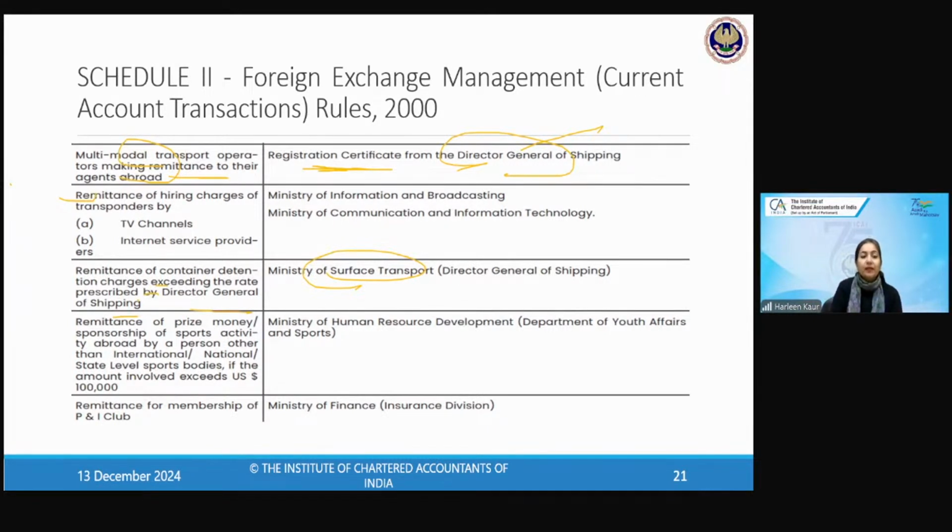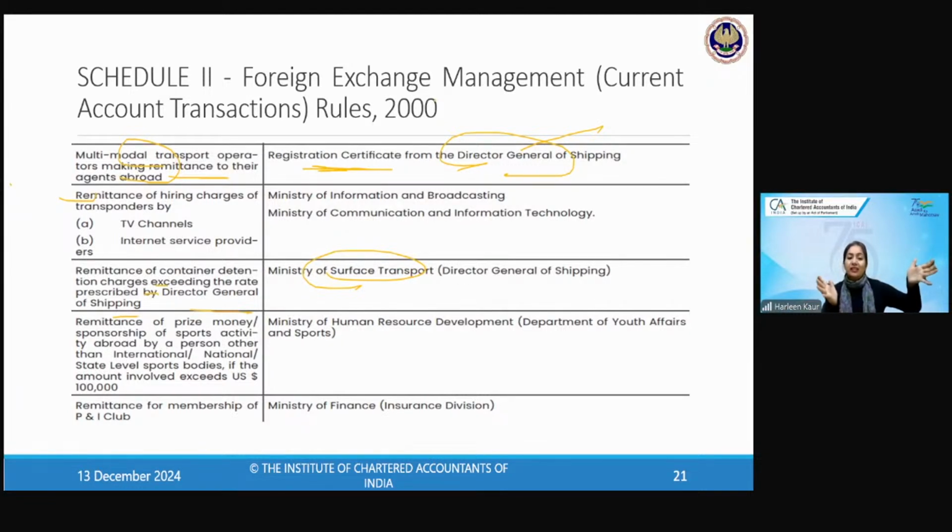Okay. Now, container detention charges. What is the meaning of this line? What are container detention charges? Sometimes what happens is the ship is standing at the port, waiting for the goods. And now detention charges are to be paid to the port authorities for this ship waiting. For example, there is the Visakhapatnam port and the ship has to go to England from India, but the goods have not come yet. So it has to wait there. Detention means waiting charges. So they need to pay certain detention charges for this container waiting there.